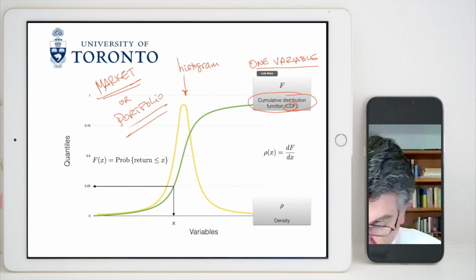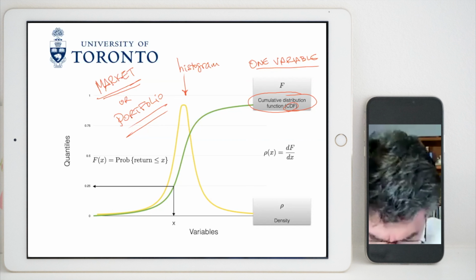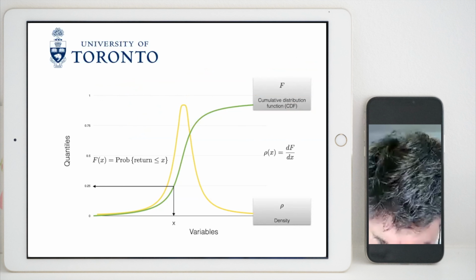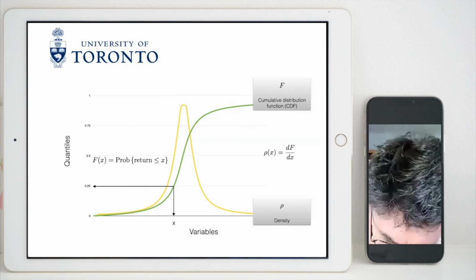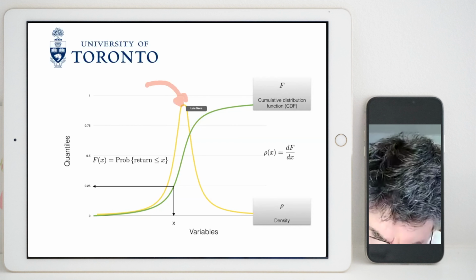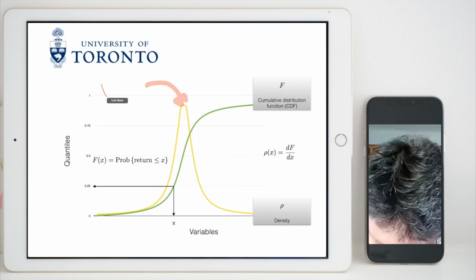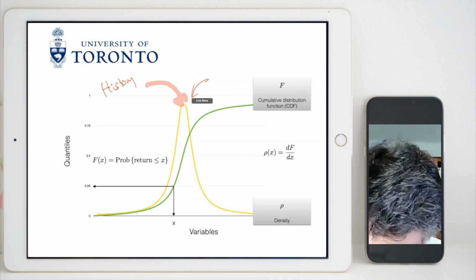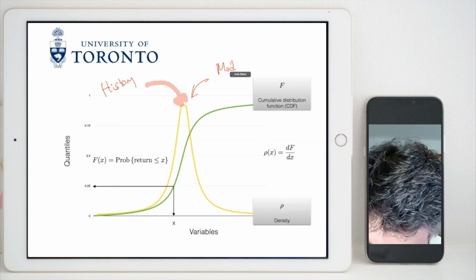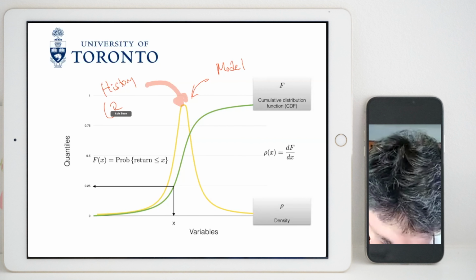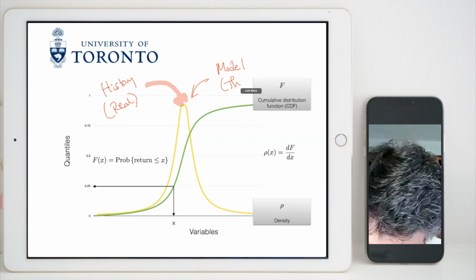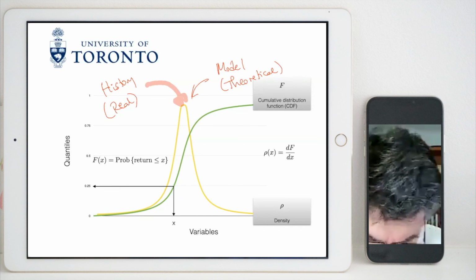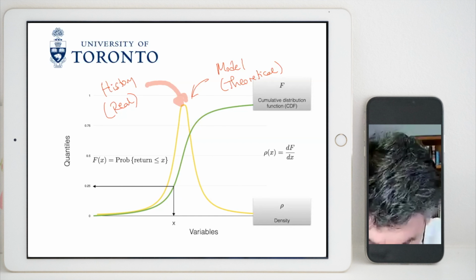Here we have one variable. Okay, so in this situation, given a distribution that could come either from history or from a model. The history is real. The model is theoretical. Given this situation where we have either a historical method or a model, the question is, how can I